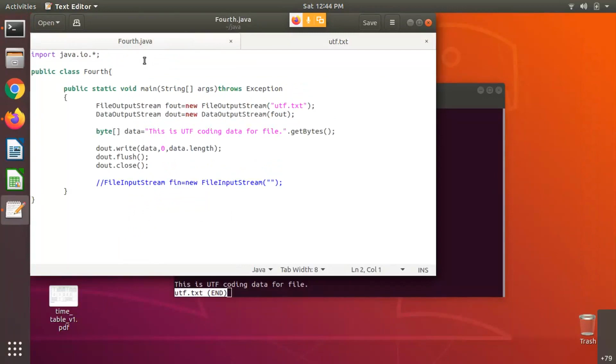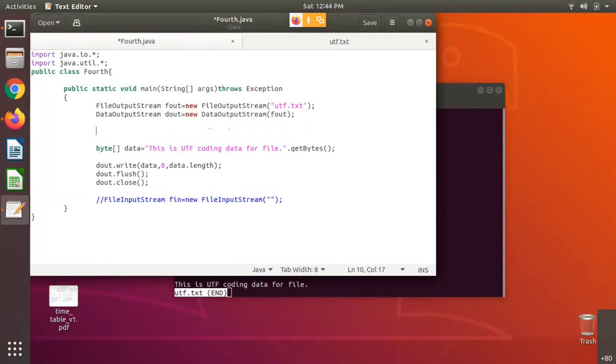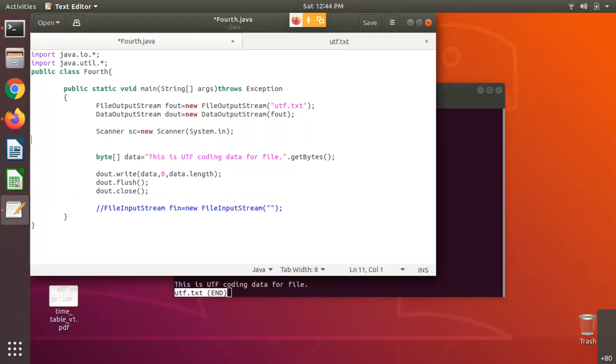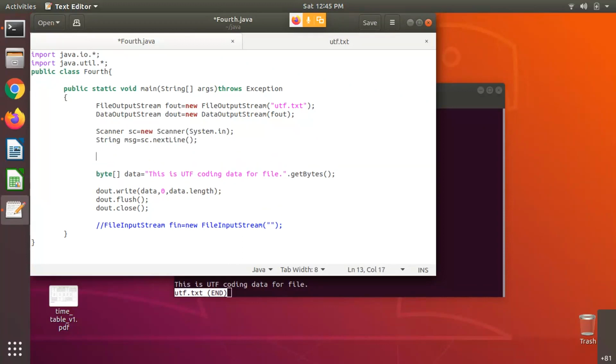In fact, we can add more things, like import java.util and make use of the Scanner class. For example, if I say Scanner and create a new object of it, and if I say System.in, and let's say String message is equal to sc.next,